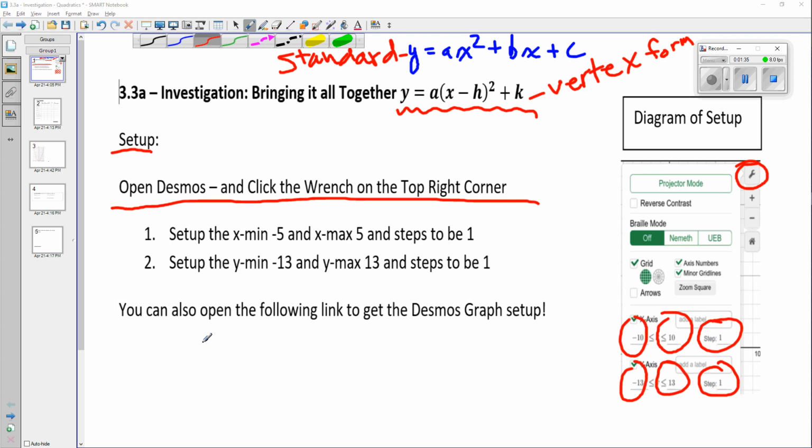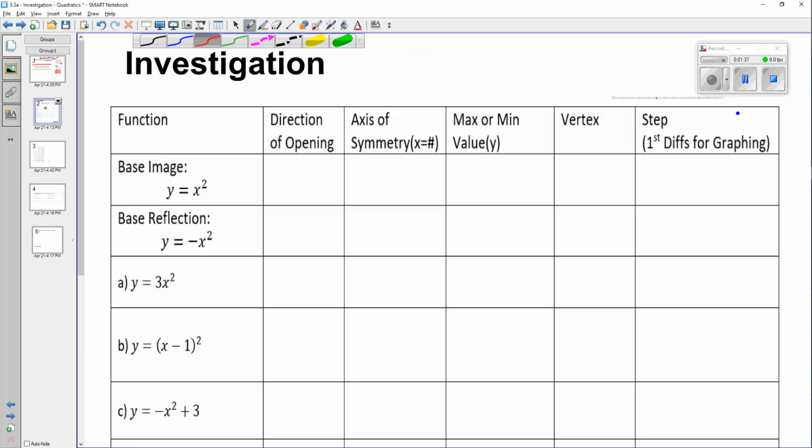So here's what I want you to do. I want you to use Desmos to graph each of these parabolas. Every one of these parabolas we're going to graph, and we're going to identify all these things here. I'm going to talk to you quickly about steps for the first graph, and then I will show you how we get the new steps for the next graphs. So go to Desmos, and then